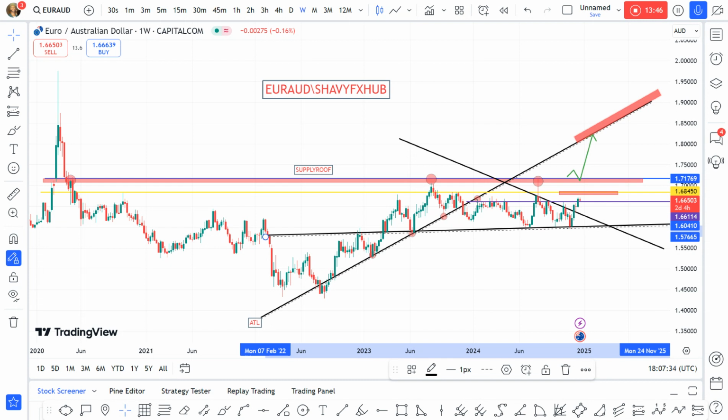Now we see that the weekly candle has broken the January, February, April supply roof. When price upswung, it took liquidity for sale and broke the structure. When price returned, it got respected again. It got respected in the month of September, respected in the month of October, and definitely in the month of December it broke the structure. So what does that mean? We are now certified, cleared for buy.